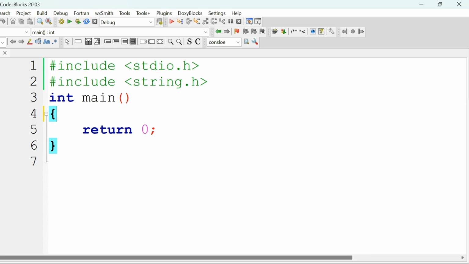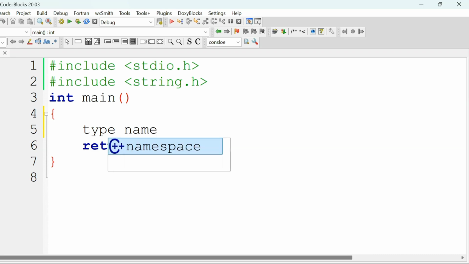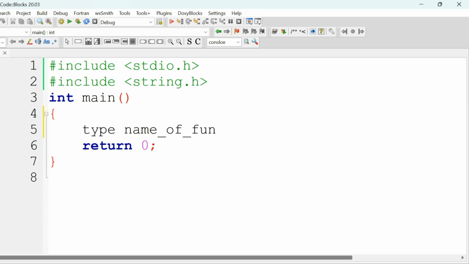Let's start with the function definition syntax. Syntax of function definition is: first, type of the function, then name of the function, and then in circle brackets there are parameters of the function.